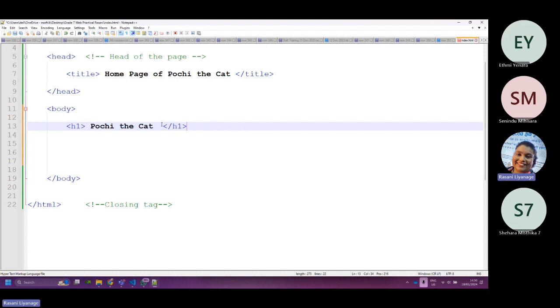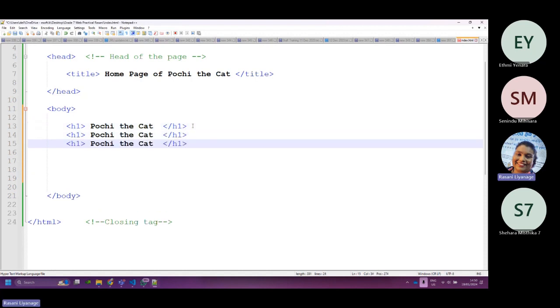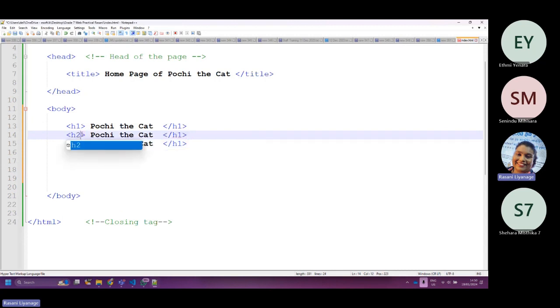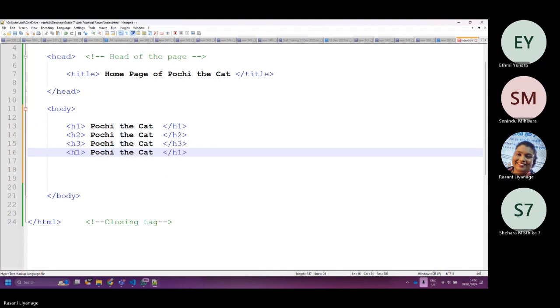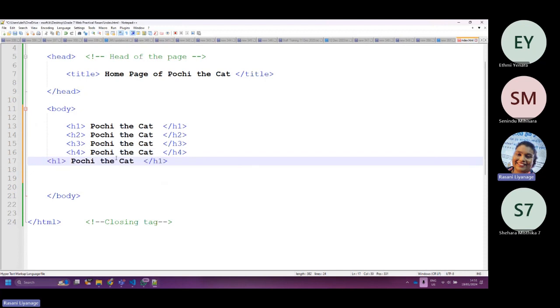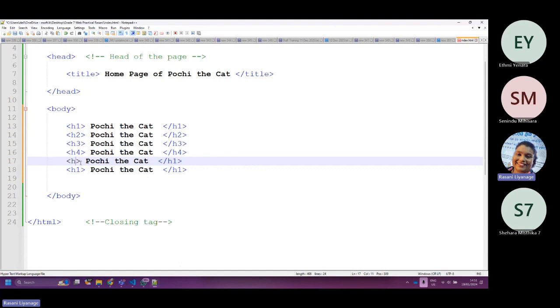Now H1 is the largest, the biggest, and I'm going to add the other smaller ones also. You can copy paste: H2, H3, H4, H5, and up to H6.